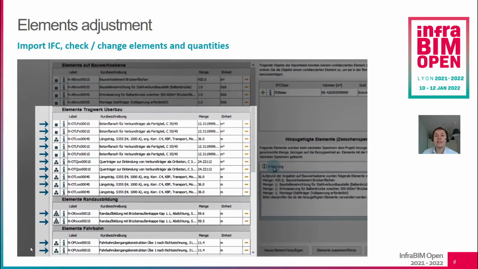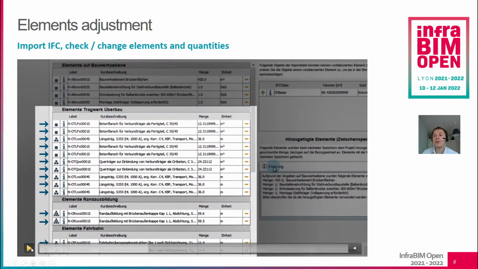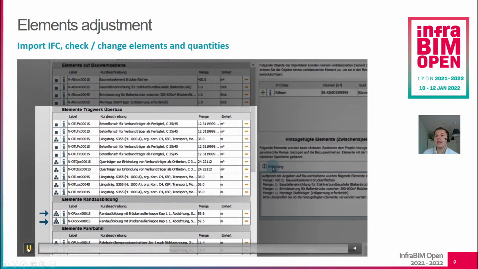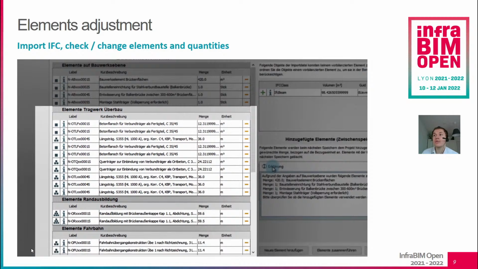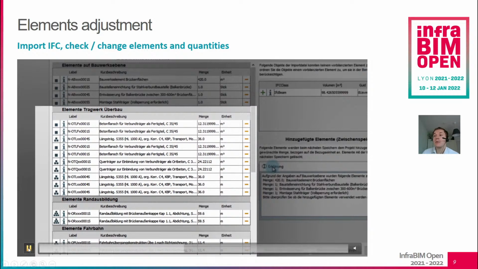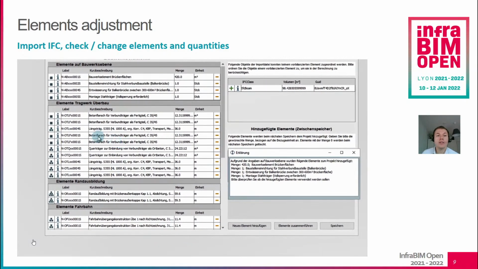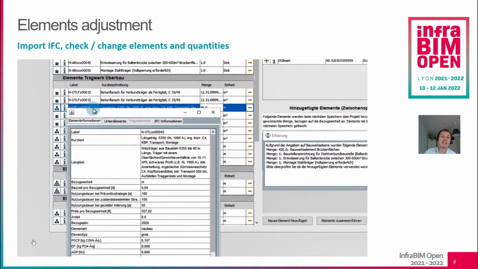And now we get all the elements which were recognized by the software, and here each row represents one element. If it has only one dot, it means that it's a base element. If it's 3 dots, it's a major element. If it's 6 dots, it's a macro element. And here now, for each element, we have a short description of what it means. We have the quantity, we have the reference unit, but we can also see the information which lies behind each element. So we just select one element, we click on this info button, and now we see the data which is in the database for this element.